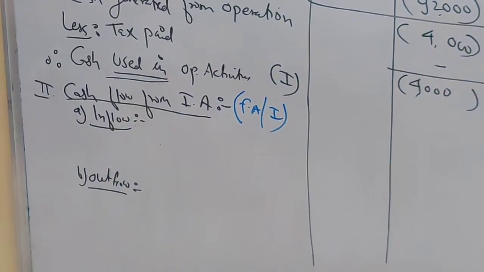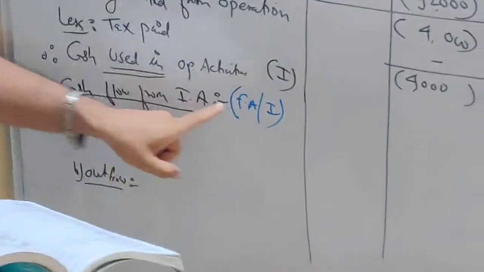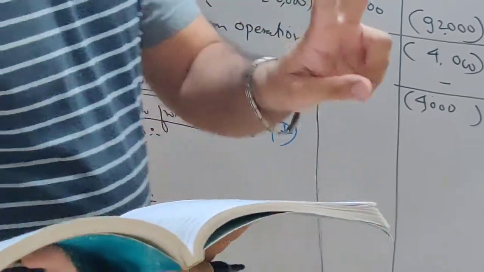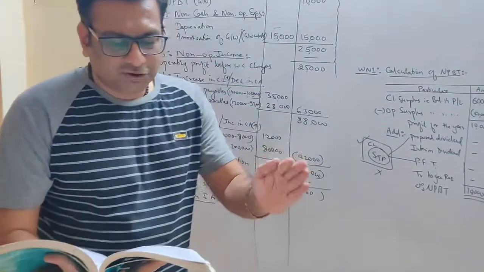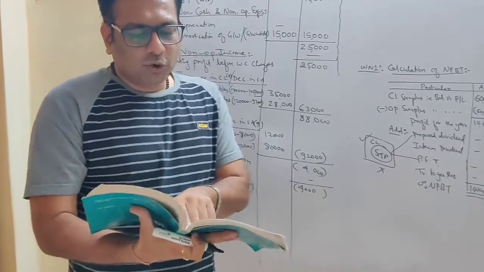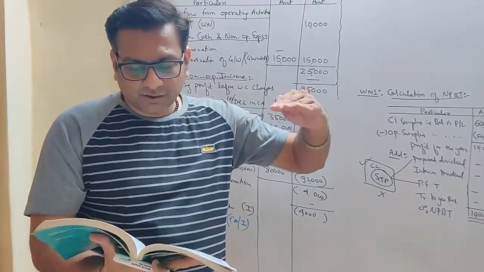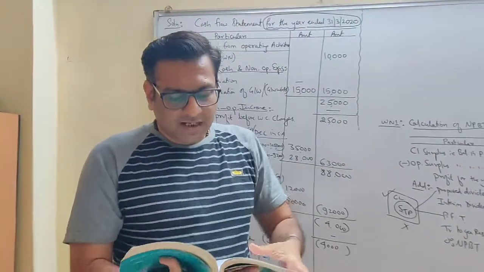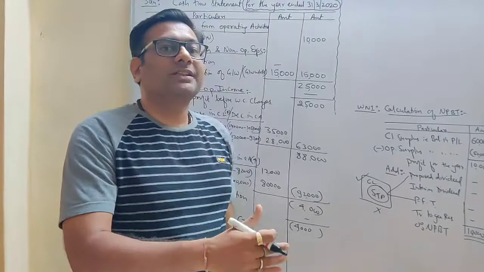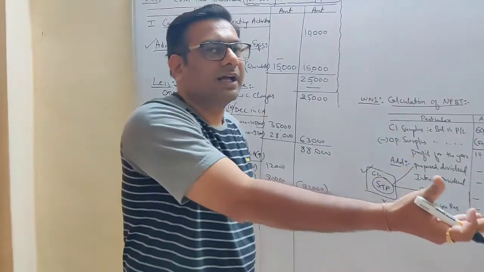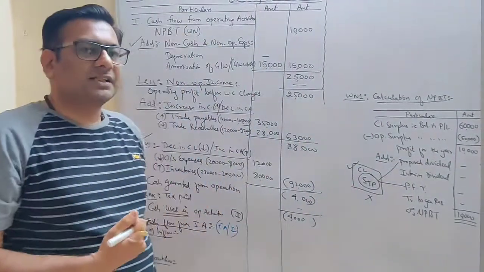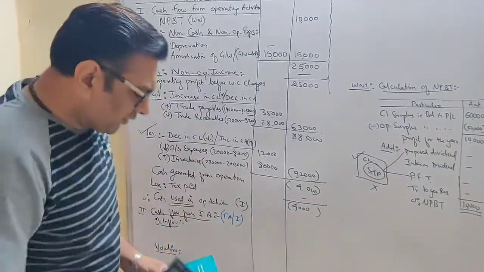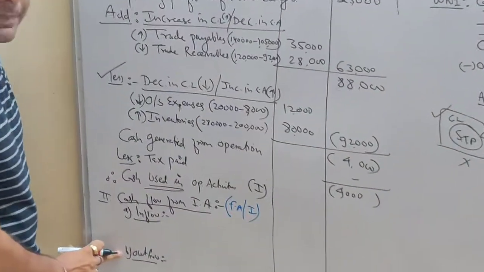So you check in your question in the balance sheet, check the fixed asset amount. They have given under fixed asset both items, tangible asset, intangible asset. First you check tangible asset. So opening balance is 1,75,000 and closing balance is 2,98,000. So your balance is increasing. What you will assume, student, if your fixed asset balance increases, it means you have purchased a fixed asset. That's the reason it's increasing in the business.